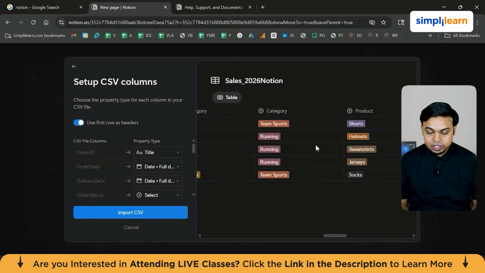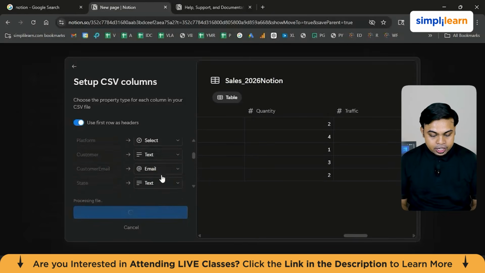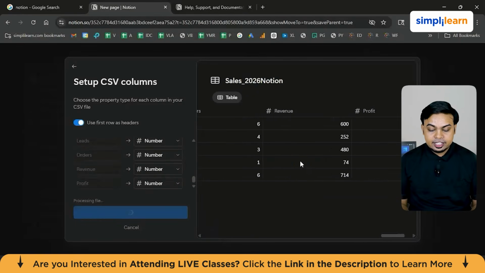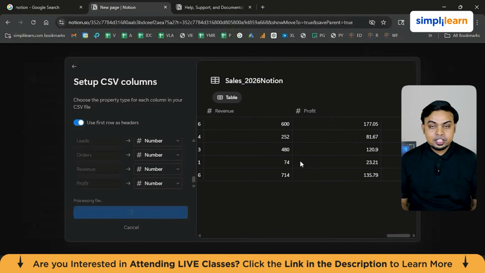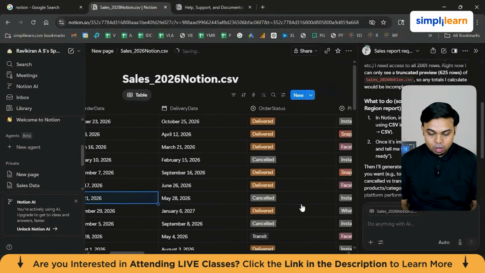Once you're happy with the preview and all the data types that it chose for your data, you just click on import the .csv file, and you can also go through the data types. That's all good for me for now. And then it should be importing the entire dataset shortly. Remember the 5 MB limitation. This particular file is about 300 MB, so we were successfully able to import it.